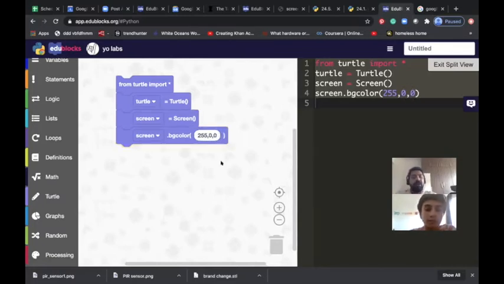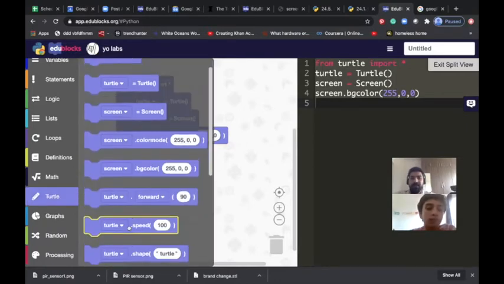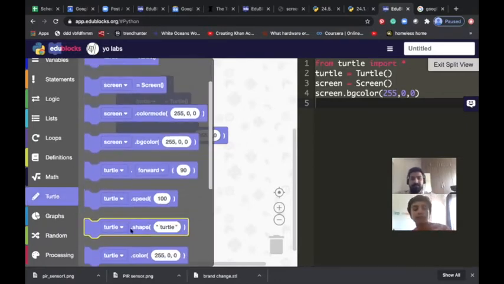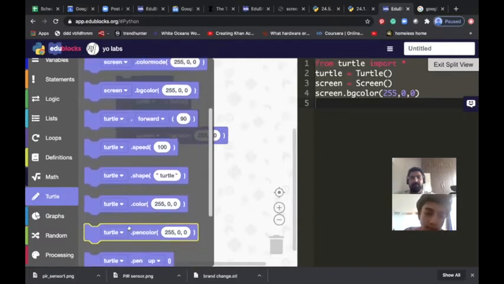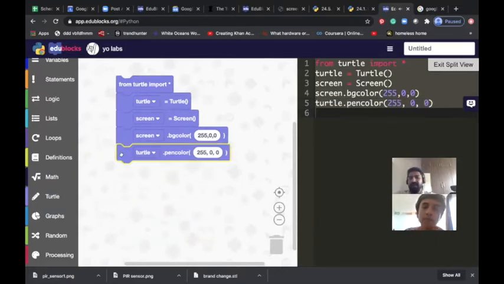Okay. Now if I have done the background color, I have to have a pen, right? And if I have a pen, then the pen also should have a color. Always remember, you should not have the same color as the background. You should have some different color so that the pen is visible. Exactly. So if I am having this, what should I take for my pen color? I can take black. Yeah, you can take black. Black and blue is a very good combination. So you can take 0, 0, 0.